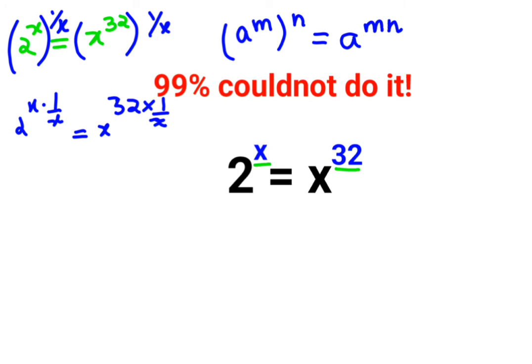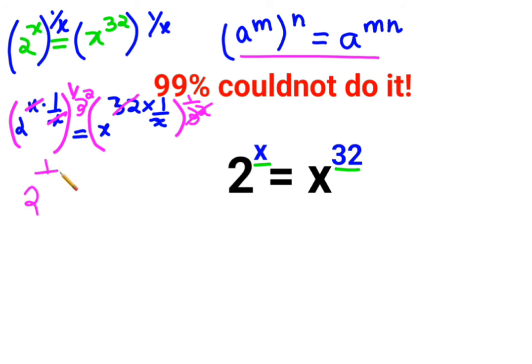Now what happens over here is that you can cancel this x, and in order to shift the number to the other side, we will take the 32nd root on both sides. So basically we got 1 upon 32 on both sides of the indices. The 32 and 32 got cancelled because eventually they get multiplied. So now I have 2 raised to 1 upon 32 equals x raised to 1 upon x.